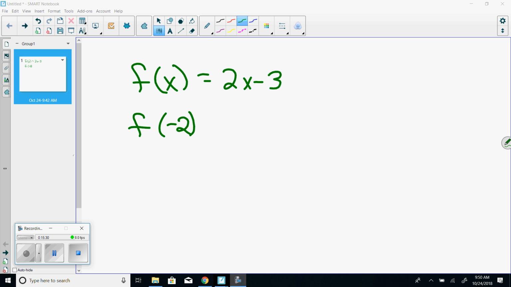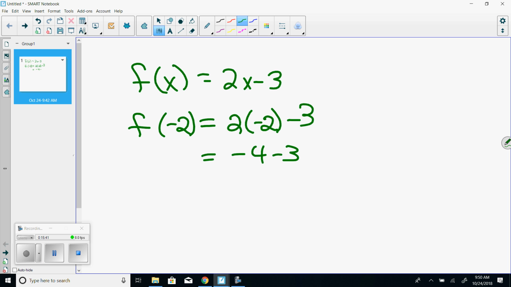All right, so we've got f of negative 2, and we are going to plug that in for x. Minus 3, which is negative 4, minus 3, which is negative 7, not negative 1. Many of you were putting negative 1. So that's your answer for f of negative 2. So you could say that negative 2, negative 7 is what you were looking for. Okay? So now,